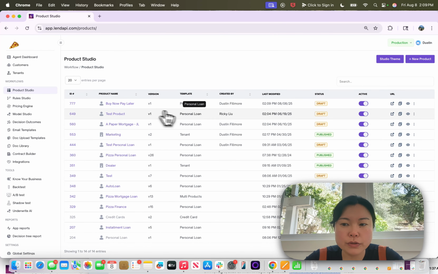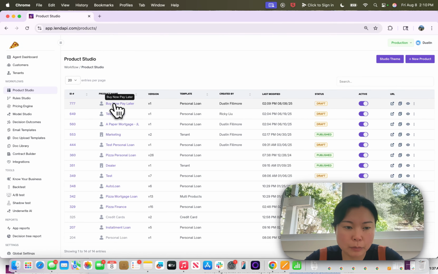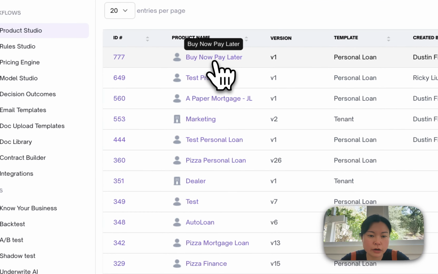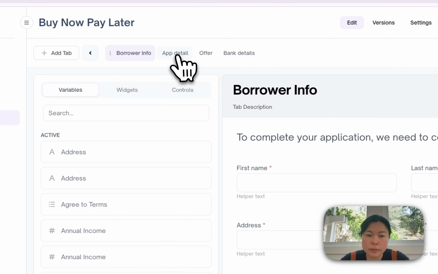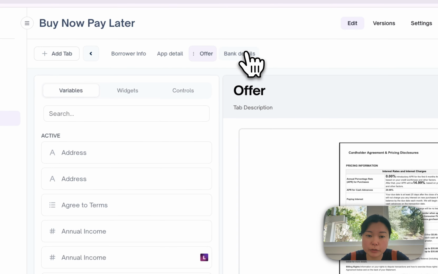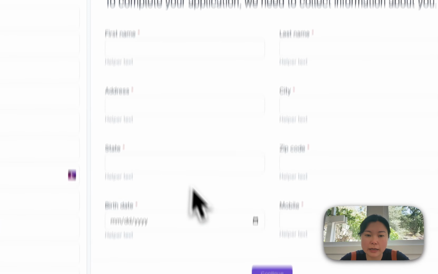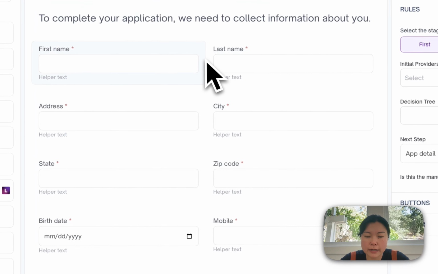You'll see once you create a new product with a product name, a product ID is assigned. It allows for LendAPI to internally identify which product is associated with this ID. And when I'm ready, I can simply click on the name of the product or the product ID to get started editing. Because I selected a template, I will be taken to a canvas building block that has pre-designed products,